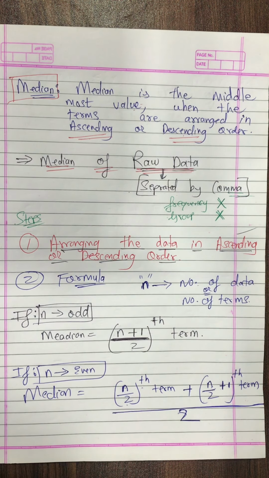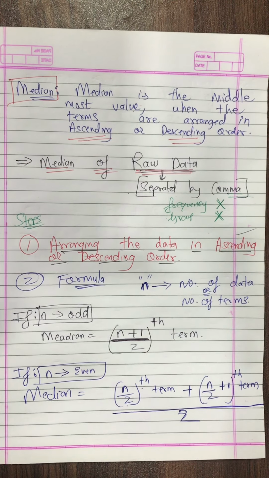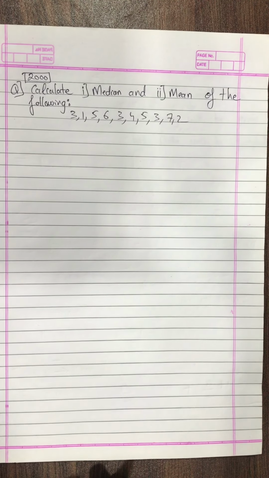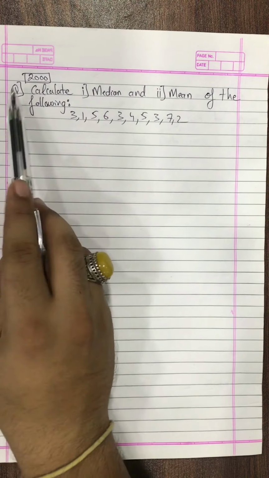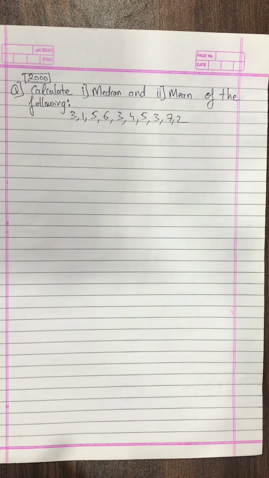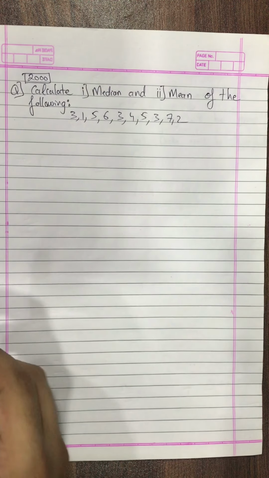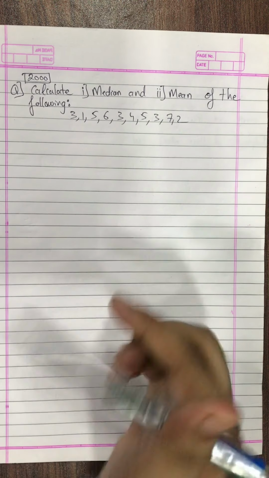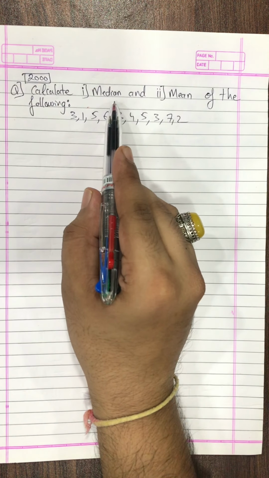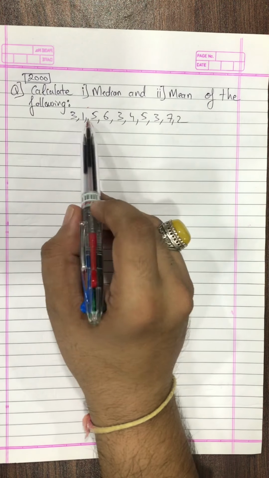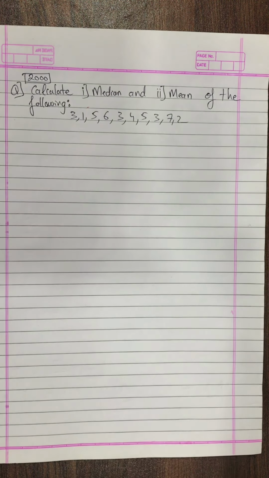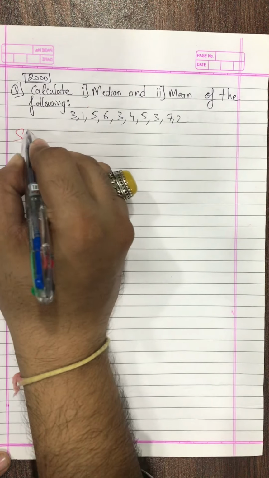Okay, please pause the video and just write as it is what I have written. While you are writing, mug up the formulas fast. Then let's quickly solve one question on how to find median of raw data. Please do it fast. Okay, students, in front of you we have a question which was asked in the board exam of 2000. Calculate median and mean of the following data. See, the data is given to you. Now let's find the solution.